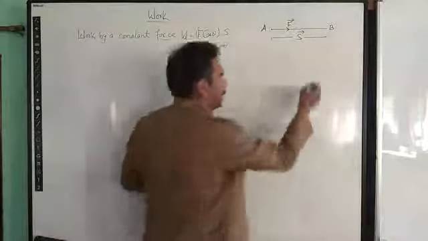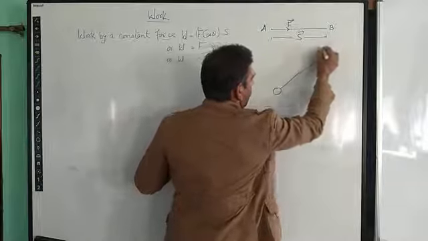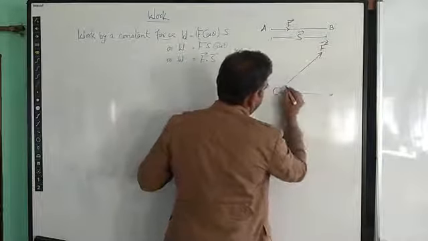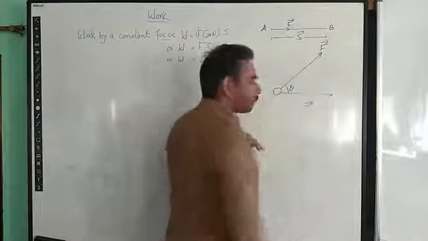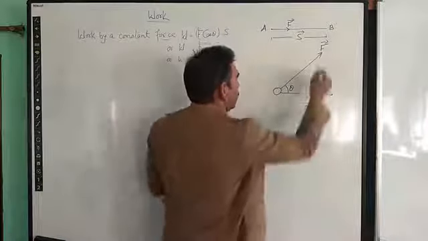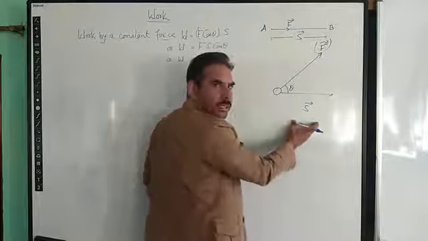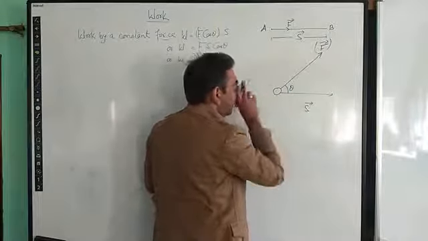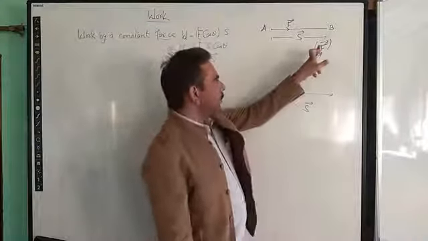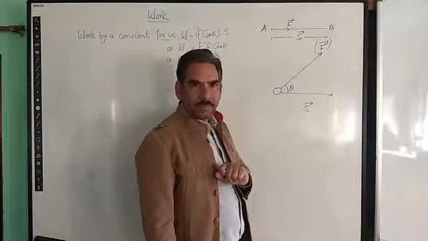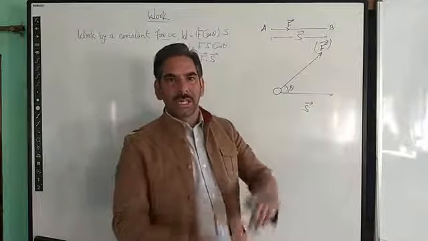So just as we have discussed in our last class, suppose that force is acting on an object in this direction, but the displacement is taking place at an angle theta to the force. So this is the displacement, right? In that case, this whole force has not caused this displacement. This displacement S in this object is not caused by this total force F, right? Only a part of this force has caused this displacement, because the nature of the force is to show its effect only in its own direction.